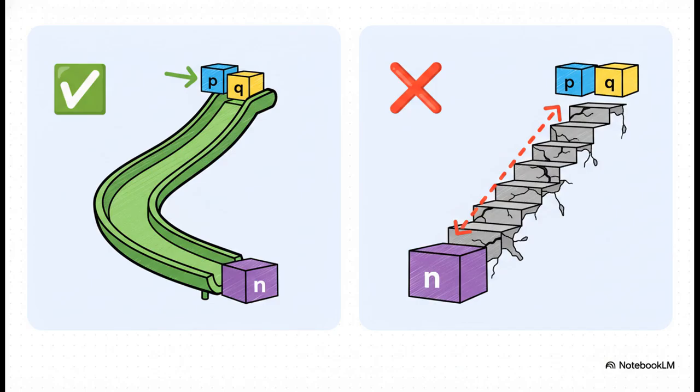But now, let's go backwards. If I only give you the number 3233 and ask you to find the two prime numbers that multiply to make it, that's much, much harder. And when we're talking about the 600-digit numbers used in real encryption, that factoring problem is considered completely impossible for even the most powerful computers on Earth.